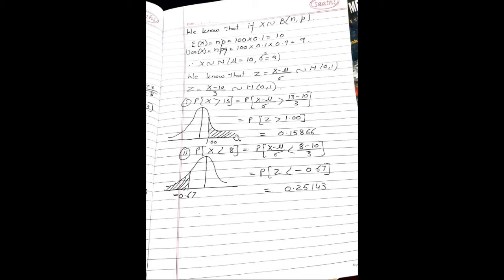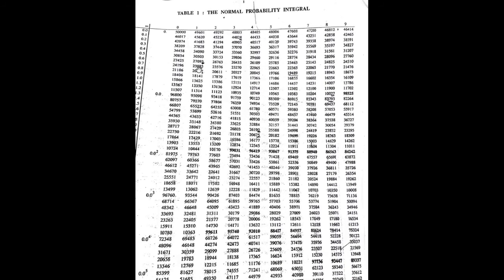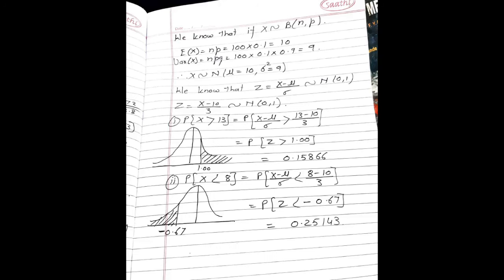And we know that if we look up the value of 1.0 in the 0 column, the value we get is 0.15866, and we get the answer directly. See how to look up the value of 1.0 in the 0 column. This is your 1.0 in the 0 column. See 15866. It should be preceded with 0. So the answer is 0.15866. This is the first part of the problem.